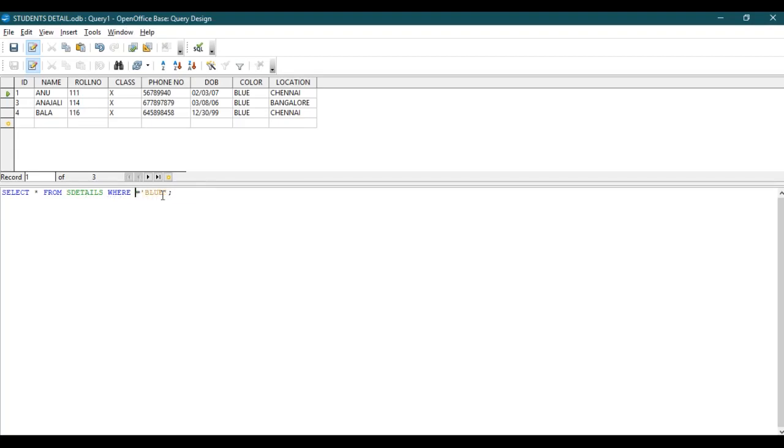Shall I give one more thing? So I'm going to group the data as location equal to Chennai. Those who are in the location of Chennai, I'm going to display now. So my location will be Chennai. Then run this query. So the students' names, that is records, will be displayed here. Location is Chennai. Okay, this is how to group records or data in the database using the WHERE clause in a select statement.